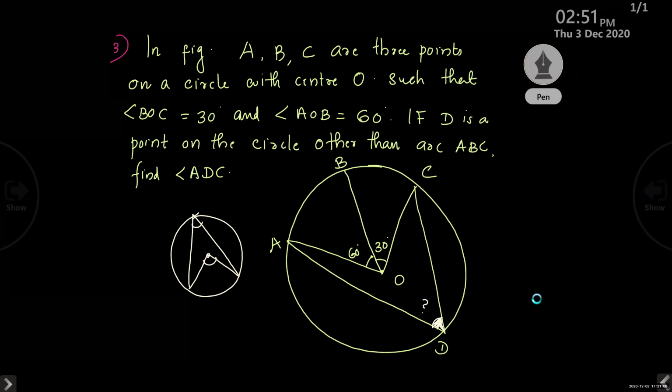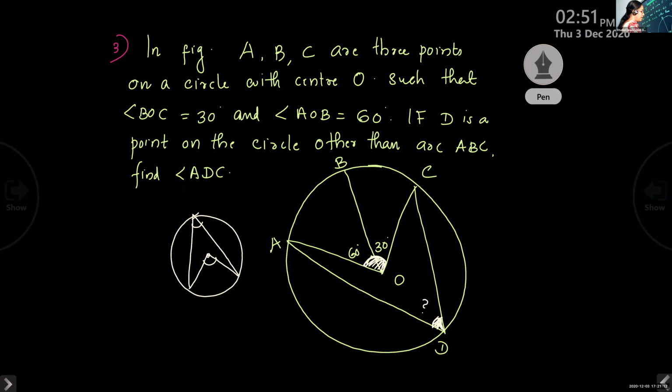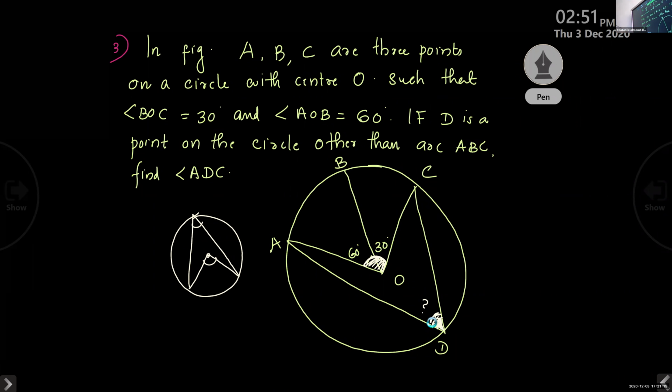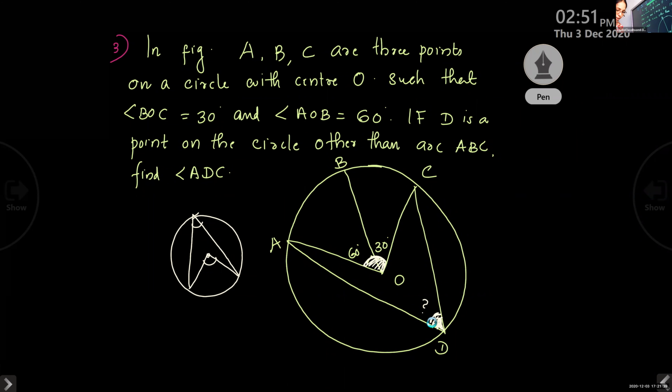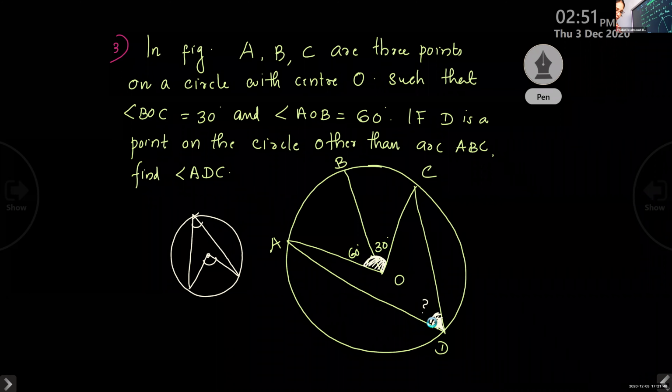Clear, children? So can you find any relationship between these angles, what I am shading now, and this angle down there? Yes, Sovel? 45. Yes, very good. How did you get 45? 60 plus 30 is 90, and that top angle is half of it. So it is theorem 8. It is double the angle subtended by it at any point on the remaining part of the circle.